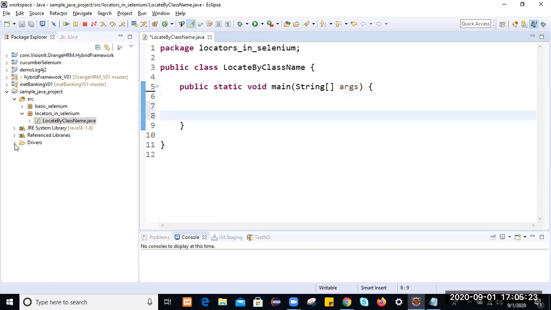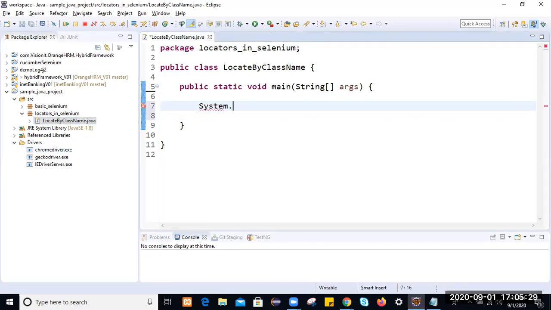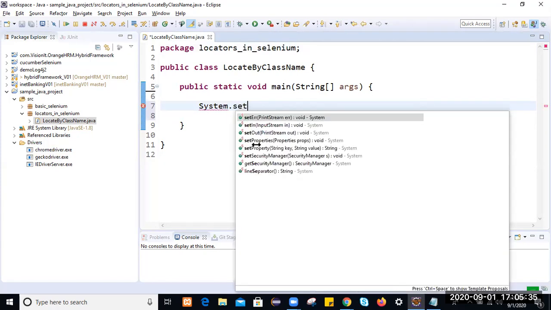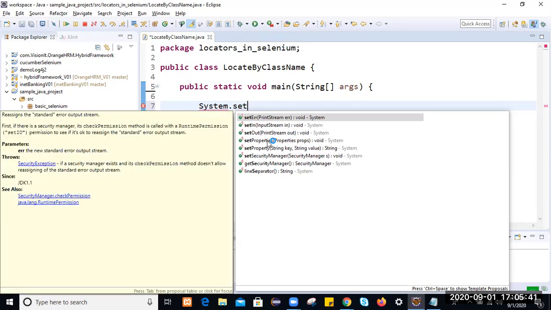Always we'll work with Chrome. To work with Chrome, we have to set the system variable path. System is a predefined class in Java, coming from the java.lang package, which takes arguments as a key-value pair.